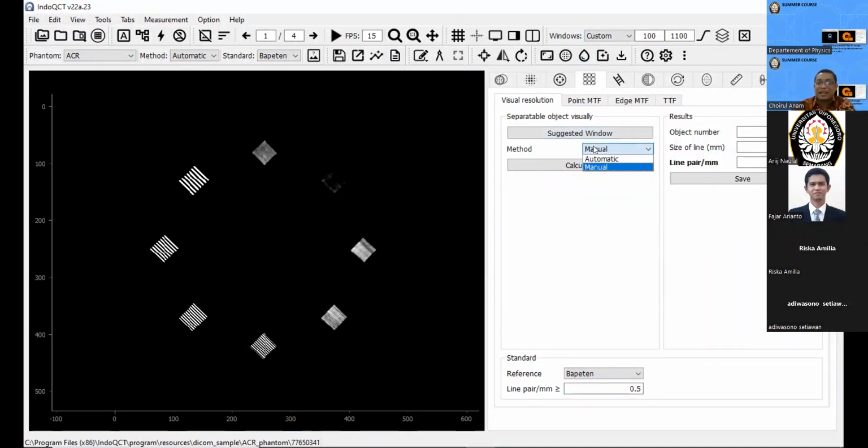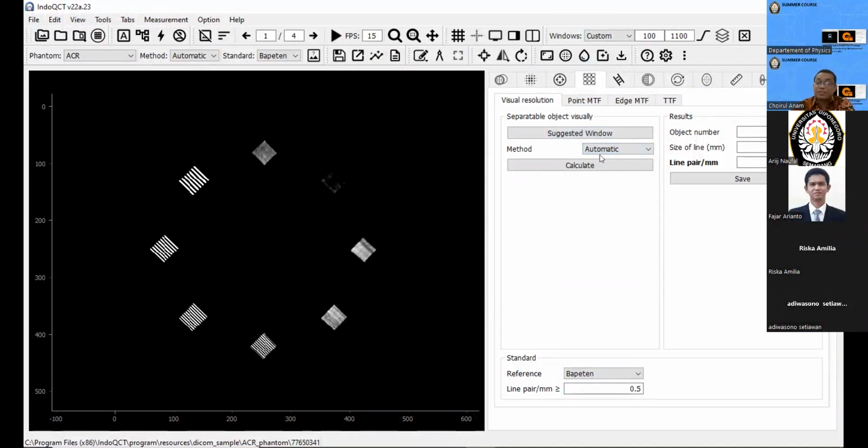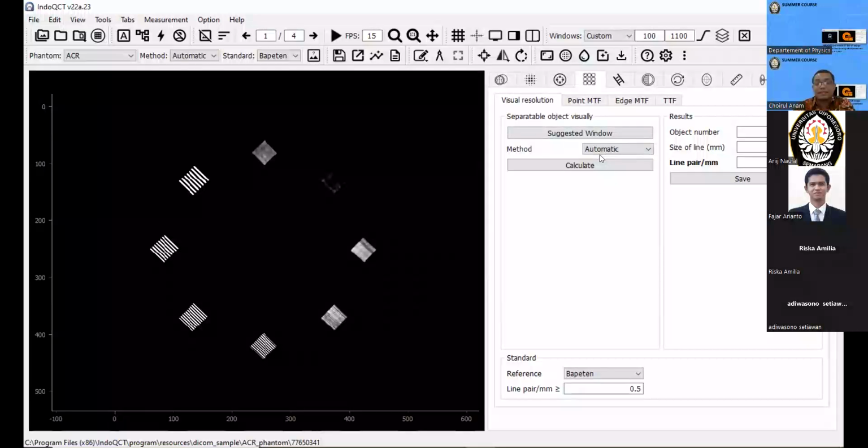I have not yet discussed this technique for automatic measurement. Actually, this process uses the standard deviation map, but maybe I will talk on this topic next week, inshallah.